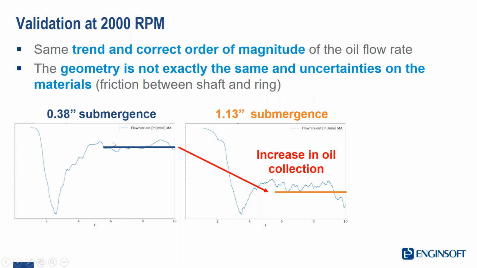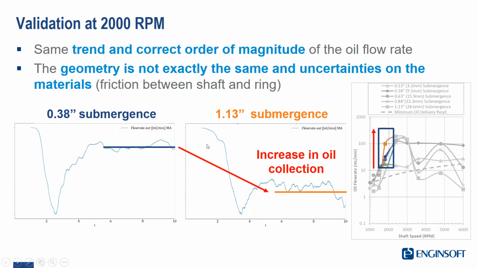we were able to replicate some trends, meaning that with a different submergence, we were able to increase the oil collection in the channel, as also reported in the paper. So in blue, we have one submergence level, and in orange, we have an increased submergence level. So we were very happy because we could see some correlation between the experimental setup and the digital twin of